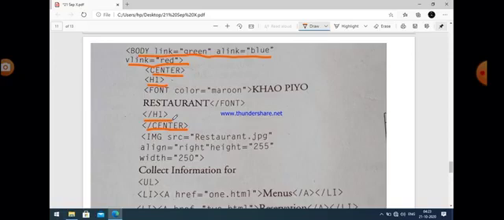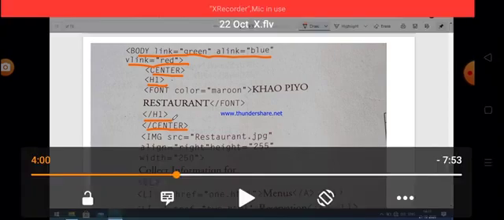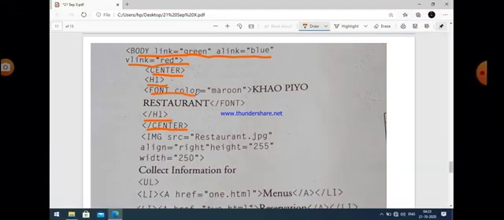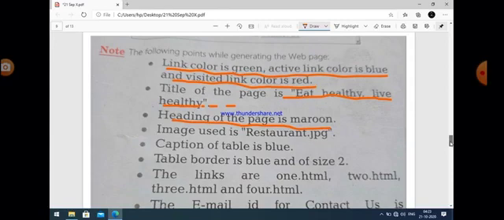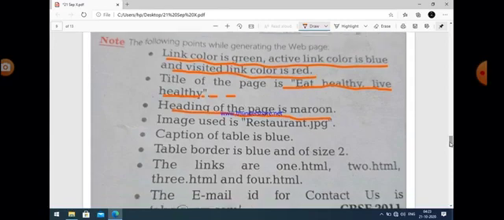So basically Khao Pio Restaurant now becomes maroon in color, and it is a heading. You can easily see here font color is maroon, and the font tag starts here and ends here. And within the font tag we write the heading Khao Pio Restaurant. So Khao Pio Restaurant is now of maroon color, and it is a heading which is center aligned also.